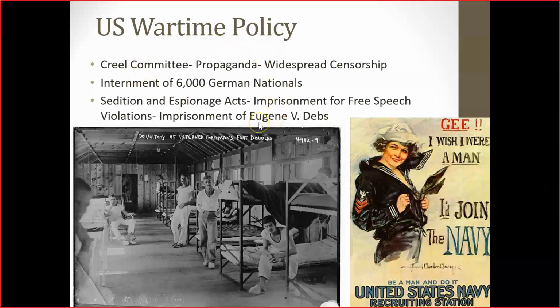Eugene V. Debs, the famous socialist presidential candidate and labor organizer, gave a speech in Canton, Ohio. And Eugene V. Debs was imprisoned for it. And he wasn't inciting violence. He was just telling workers, he was saying socialist workers should not join the war effort because, in Debs' opinion, it was a war that was about profit for arms manufacturers. And he said, as a result of this, it's basically a war of capitalist aggression, and the United States should stay out of the war, and Americans shouldn't sign up for the war. And as a result of this, Debs was arrested, and he was tried under these acts, and he was imprisoned